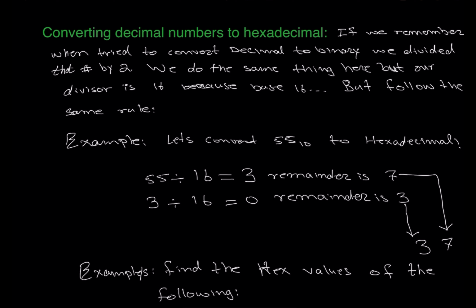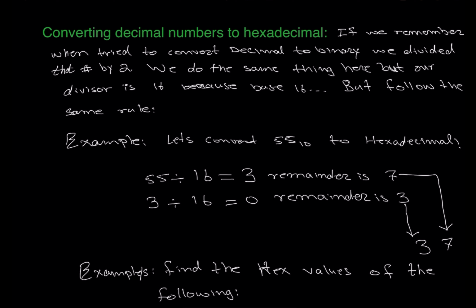It shouldn't be that hard because we already dealt with the same kind of process before. If we remember, we tried to convert decimal to binary. We divided that number by 2. We do the same thing, but here our divisor is 16 because it's base 16, but we follow the same rules. So we will divide that number by 16. Whatever whole number we get will be our new quotient, and that quotient will be divided by 16 again. But at each step, if we get a remainder, we will bring that down and write that as